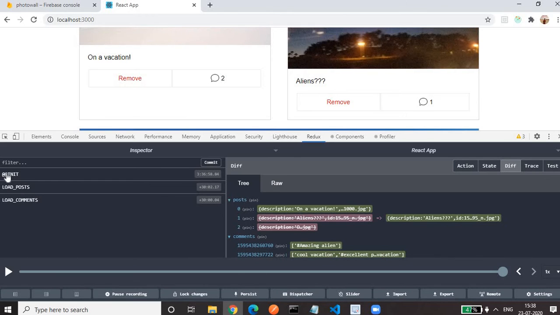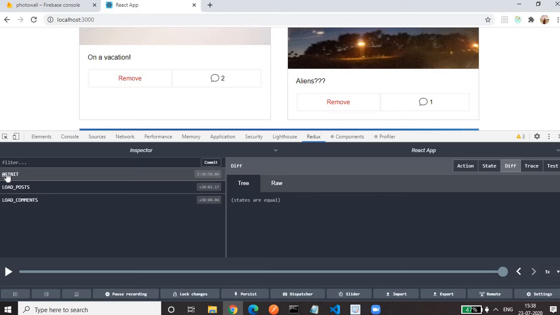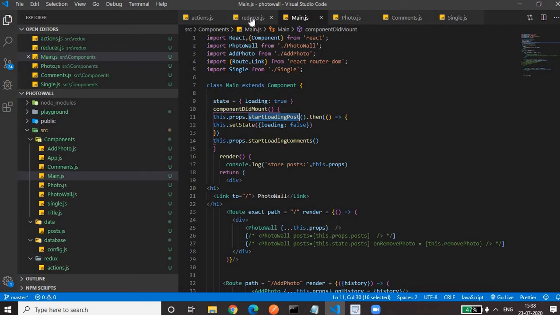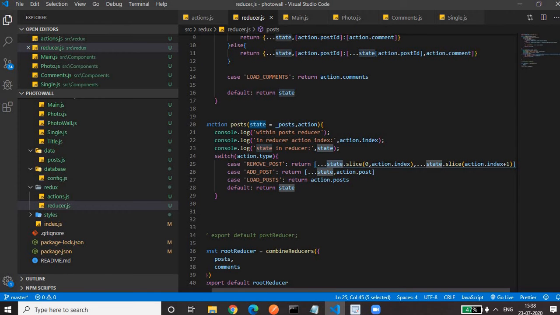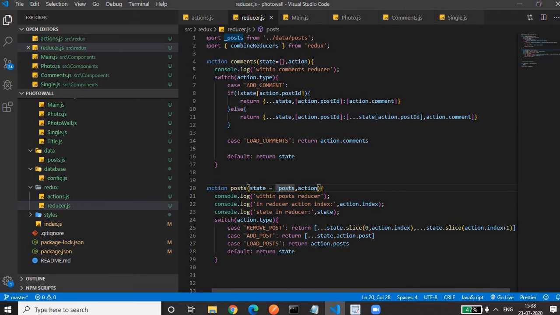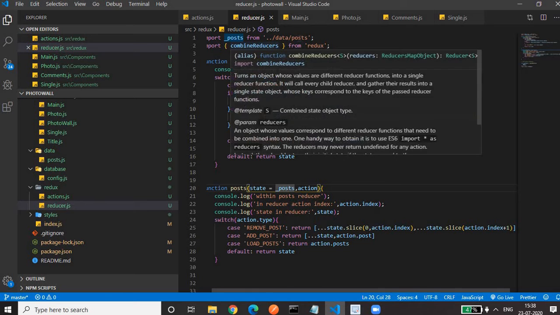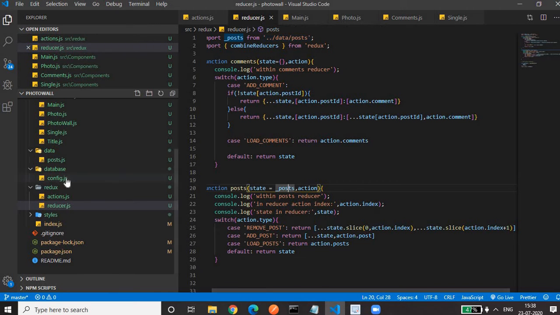Before this we have the init action. This is triggered by default for initializing our store with the initialized value. If you see, when this action is triggered, our post array is empty and comment is also an empty object. Why is it? Because if you go to the reducer, when our page loads, the post state is equal to underscore post. This underscore post we are importing from the data slash post file.